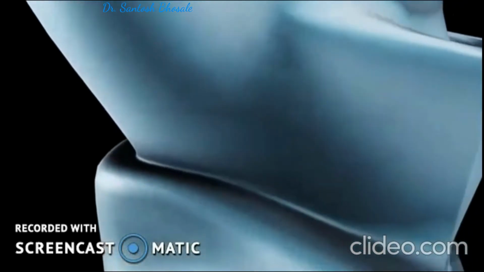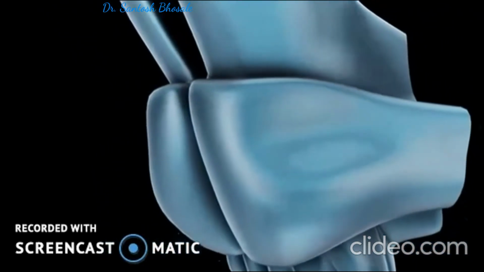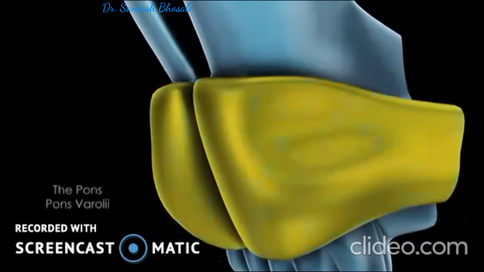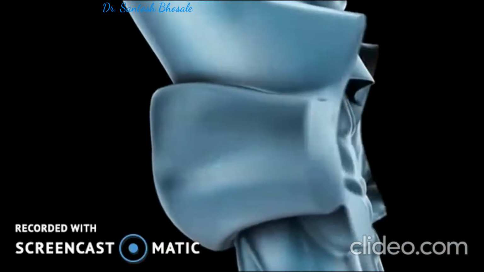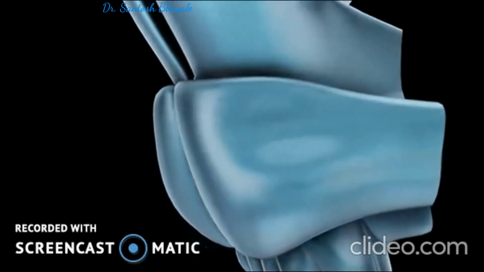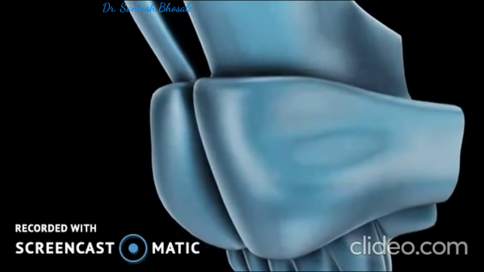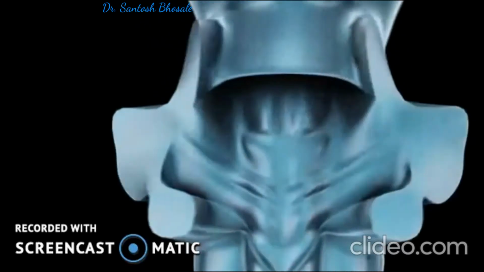And as you come here below the midbrain, you are seeing the pons. Pons is also known as bridge because it connects midbrain with the cerebellum, or it connects midbrain with the hindbrain, that you can say. So, pons undergoes an acute ventral pontine flexure. Its posterior part is open. It is not closed like midbrain or lower part of medulla, and you can see the origin of the trigeminal nerve or fifth cranial nerve from the pons.